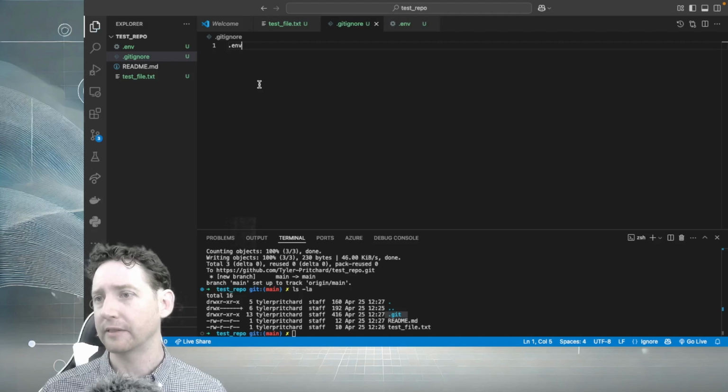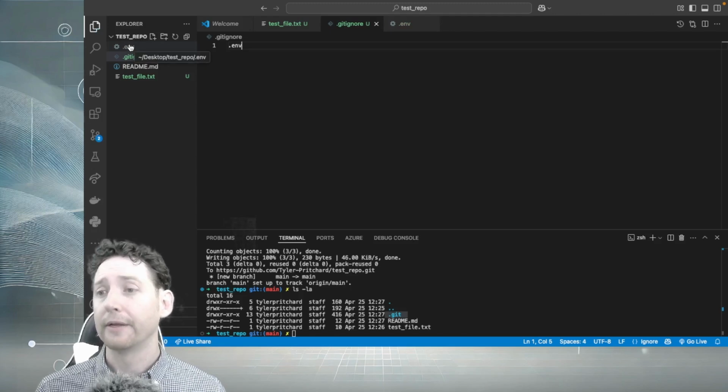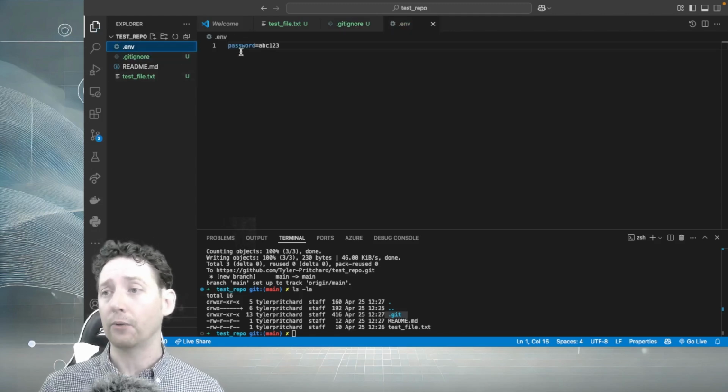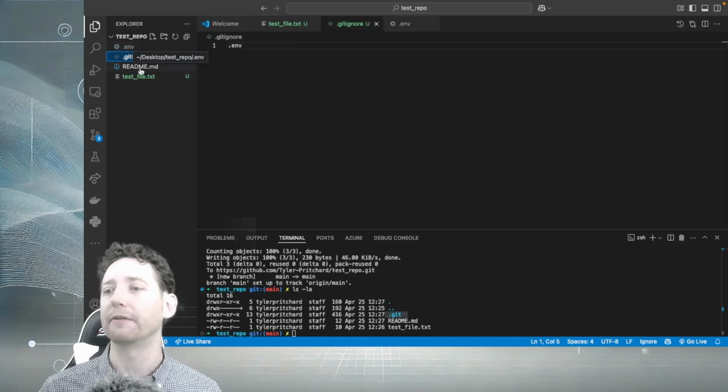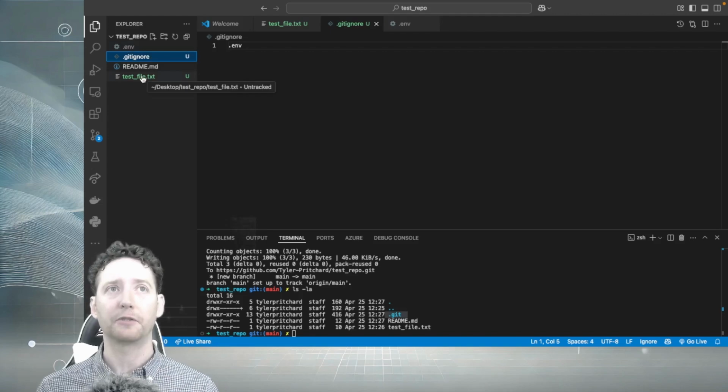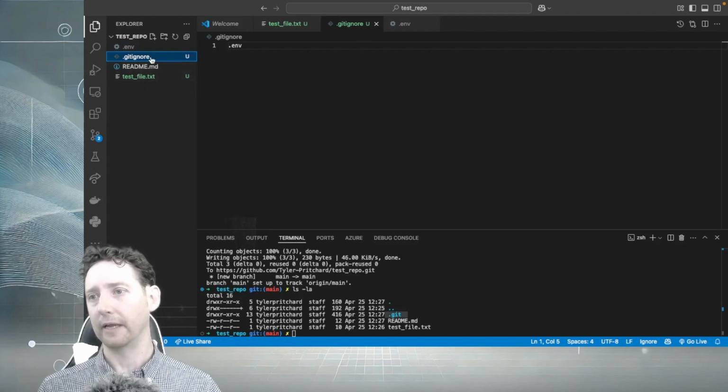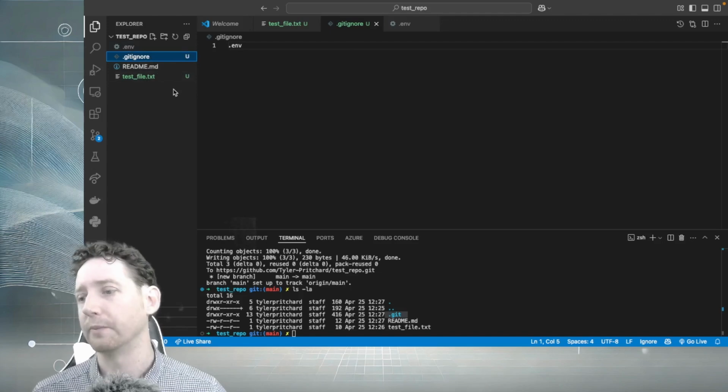I'm going to go ahead and save this, and we should see what happens here. Notice that this went from green to kind of grayed out. That indicates that we are no longer tracking this password ABC123 or anything else inside of this .env file. It is now safe to push this code up to GitHub, and the password will be safe.